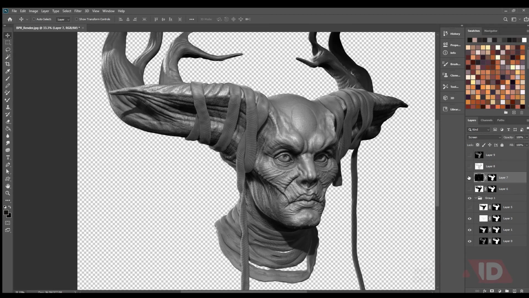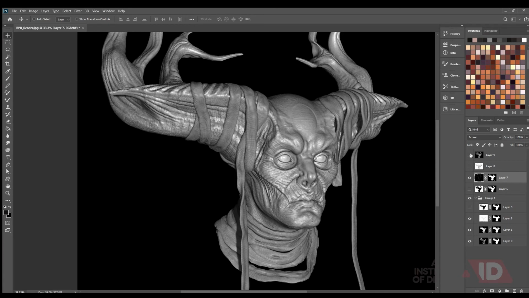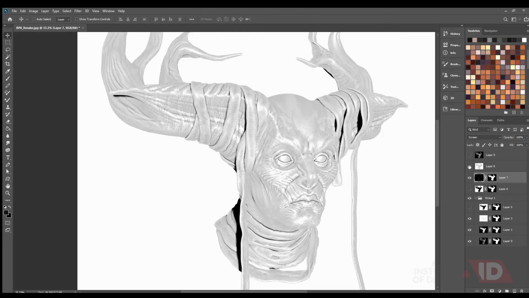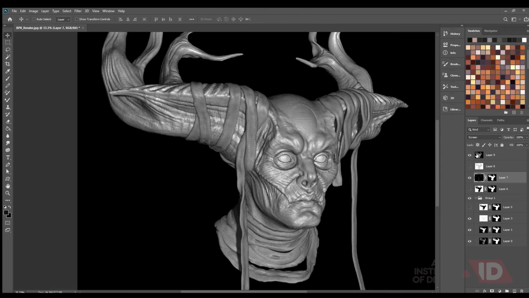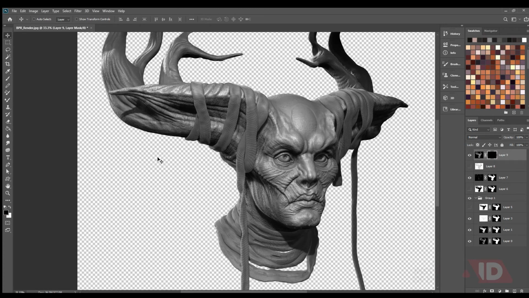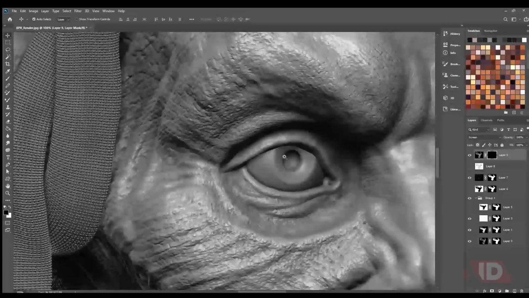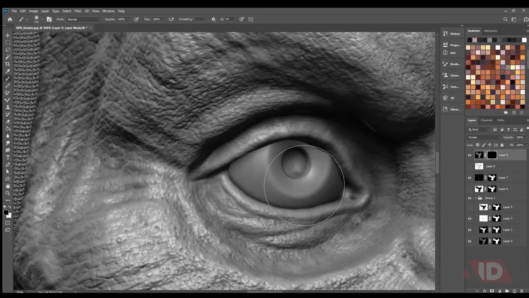Then for this reflection, what I'll do, I'll just apply a mask, fill it 100% black, and I'm going to use it in screen mode. Paint white, expose those areas.